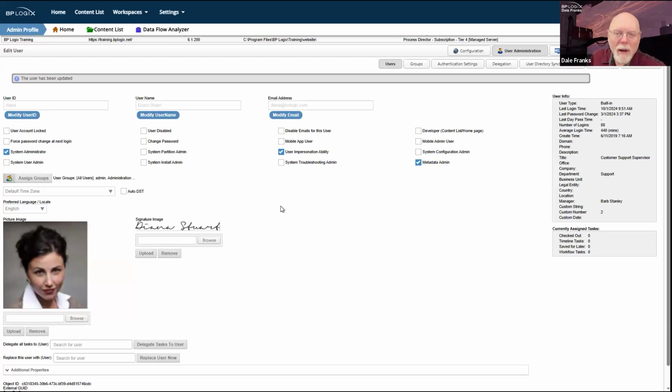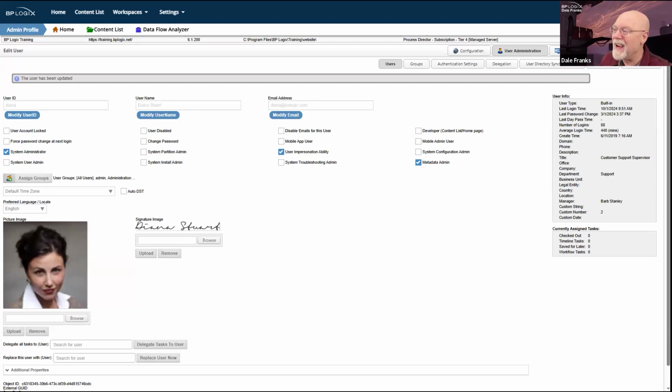There are a couple of other things that affect different areas of the system that you can also give to users. There is user impersonation ability. Now, this is independent. You can turn it on or off. So a system administrator may or may not have user impersonation ability. In the troubleshooting section, as we'll see in a little bit, there is an impersonate page.